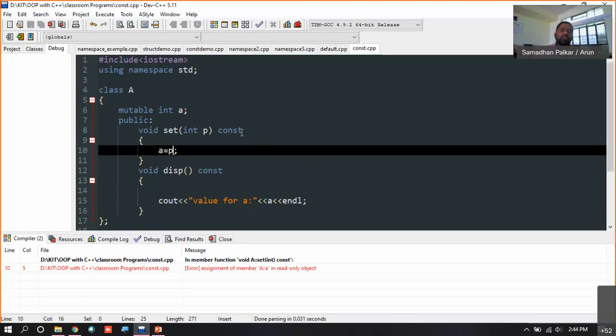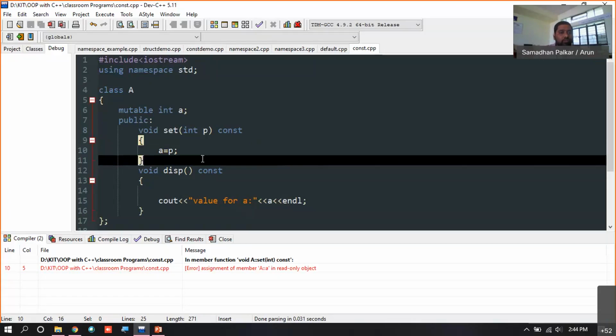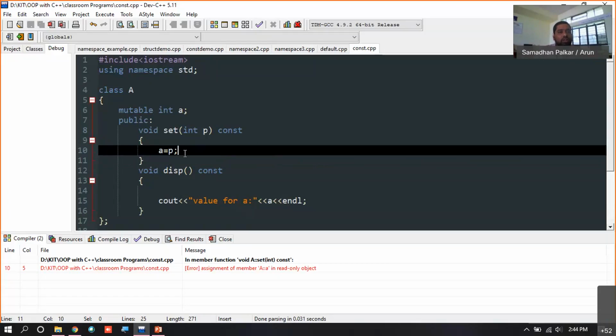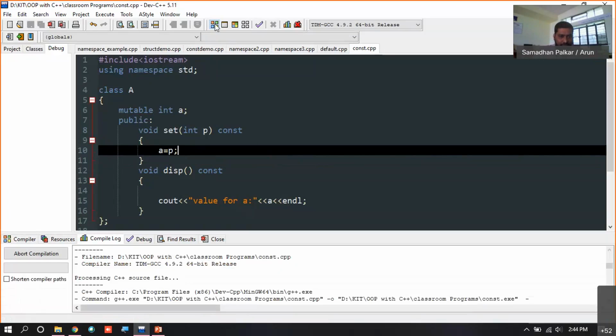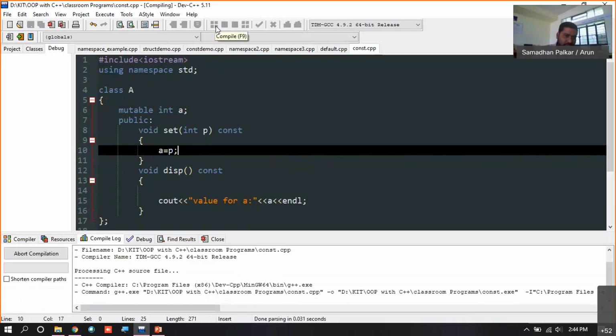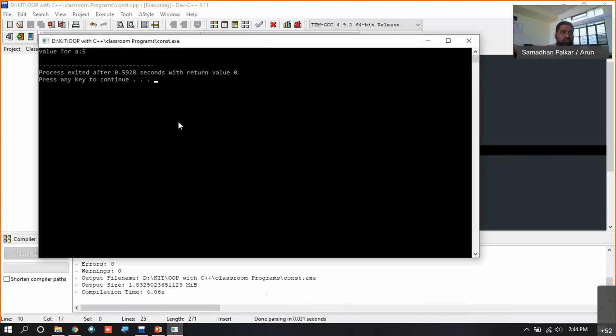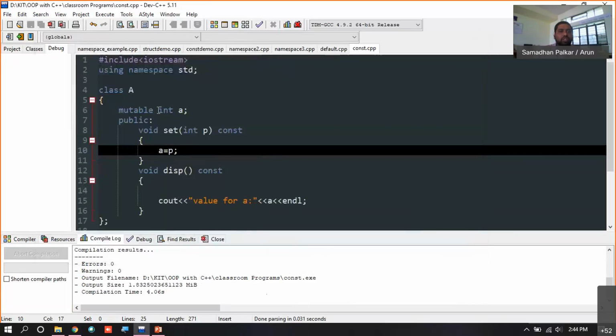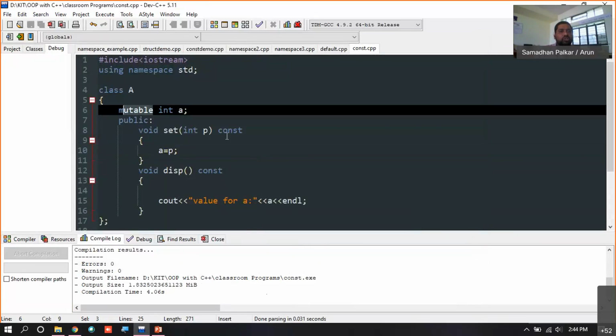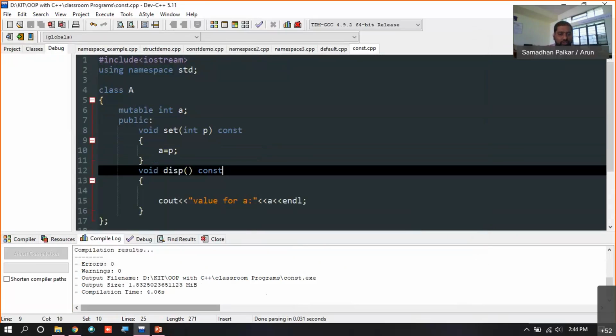But you can write constant for functions which are used to modify the state of the object, as long as you write the mutable keyword for those data members which you want to modify inside that function. Yes, it's working. So you can modify by using this keyword. Such functions are also treated as constant functions.